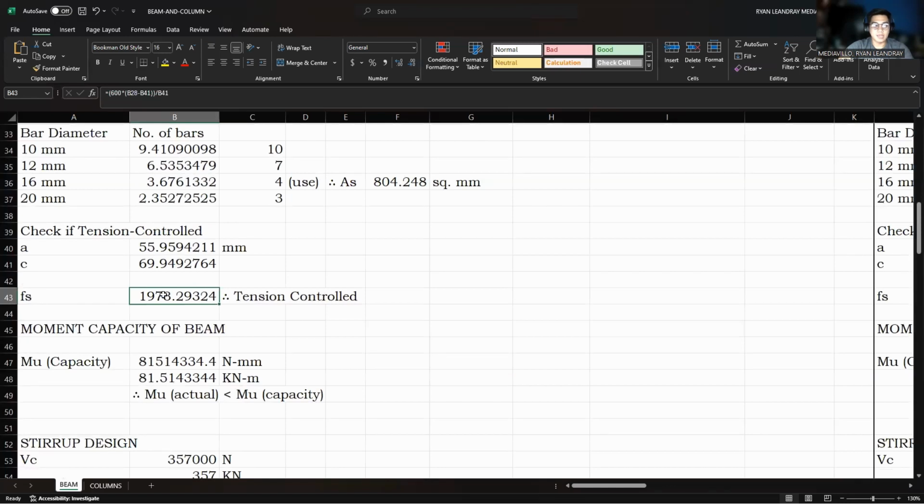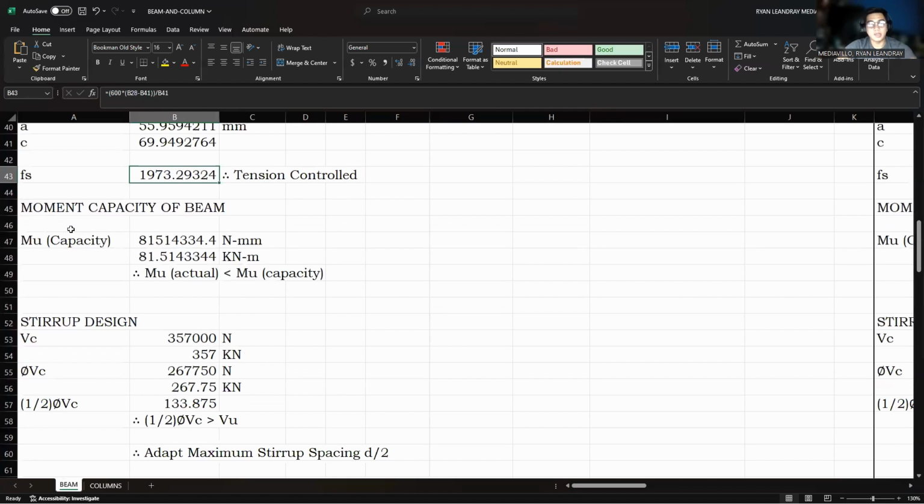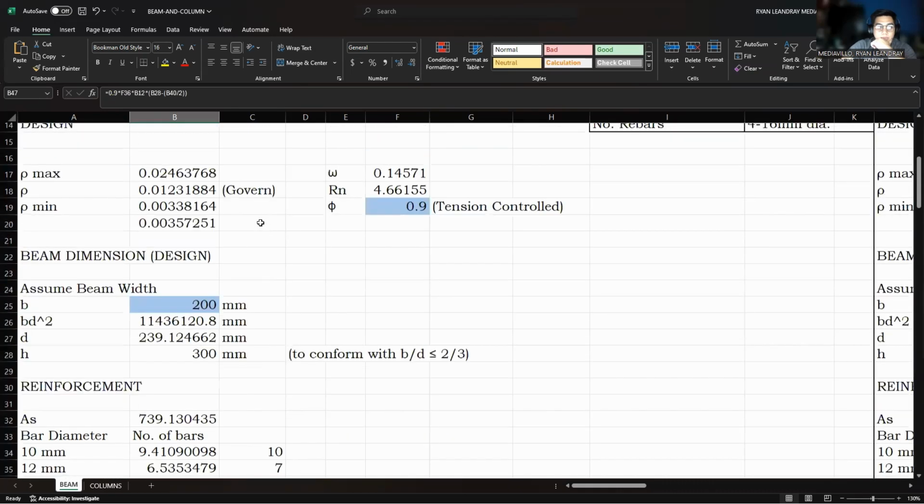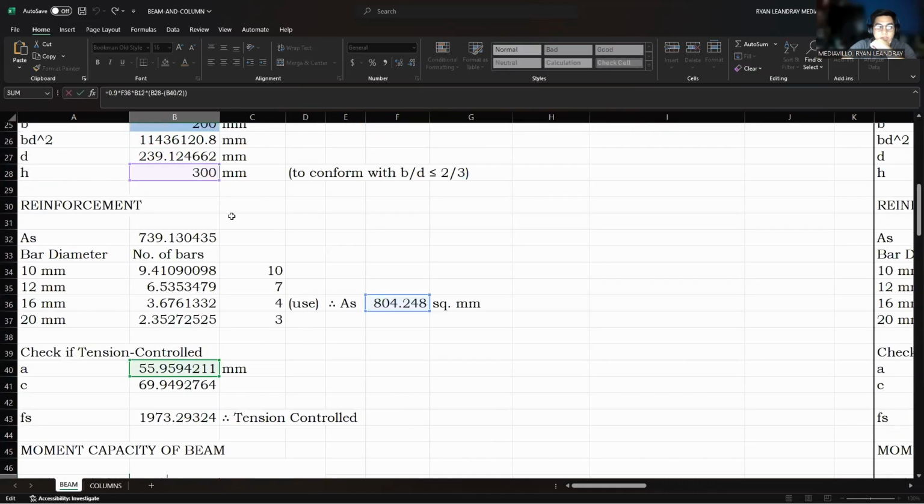I have garnered the Fs of 1973.29324, which shows that it is greater than 1000, which shows that it is, yes, indeed, tension controlled. And as for the moment capacity of the beam, which is the Mu, using the formula of 0.9 FsFy, here, as you can see,